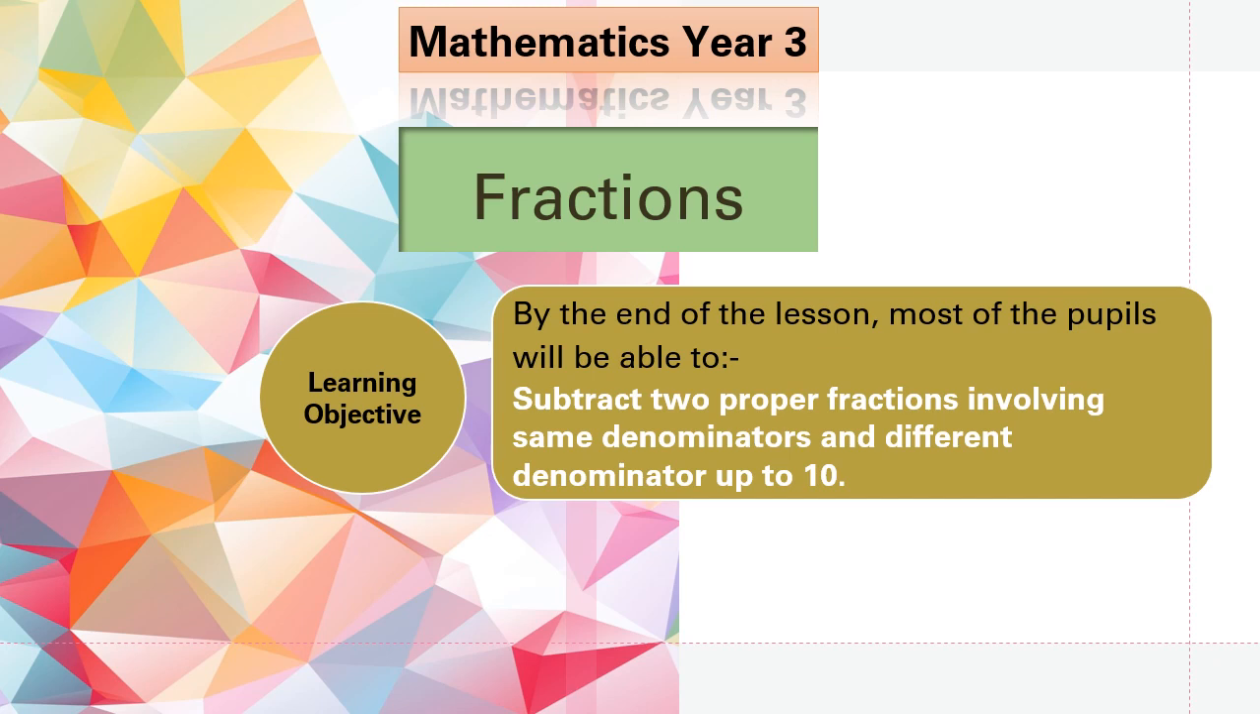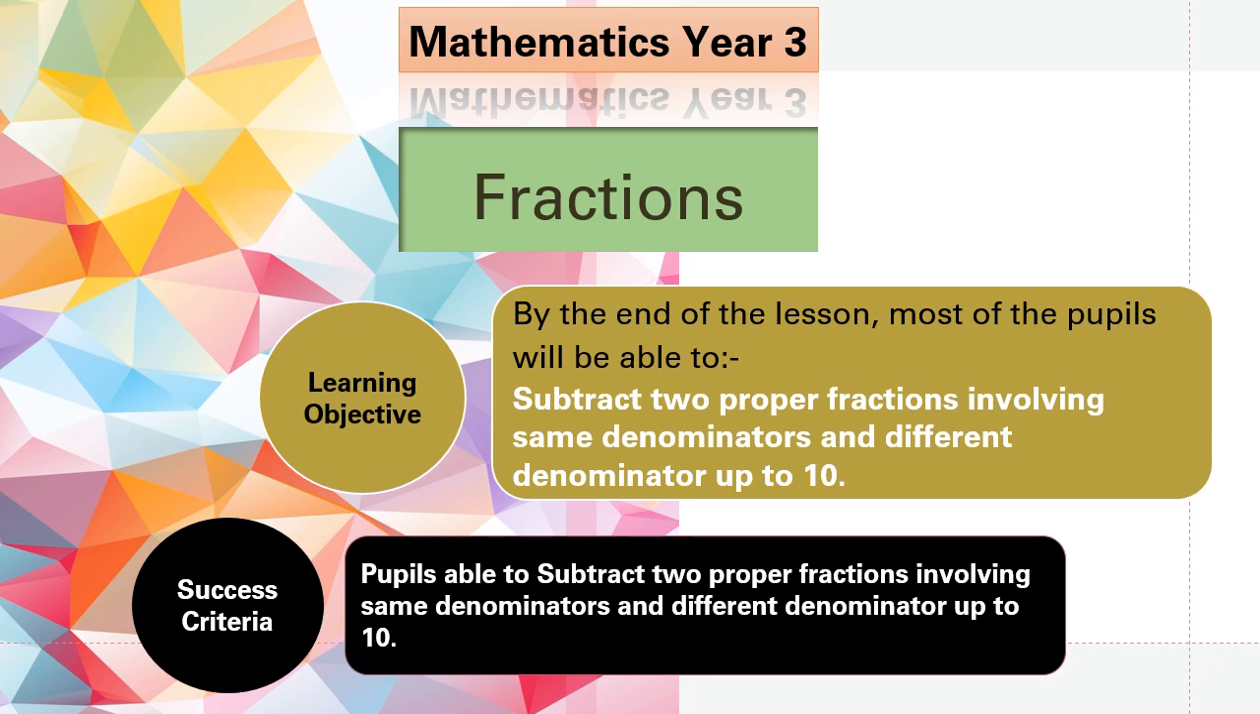Before that, let's look at our learning objective for today's class. By the end of the lesson, most of the pupils will be able to subtract two proper fractions involving same denominators and different denominators up to 10. And for the success criteria, pupils are able to subtract two proper fractions involving same denominators and different denominators also up